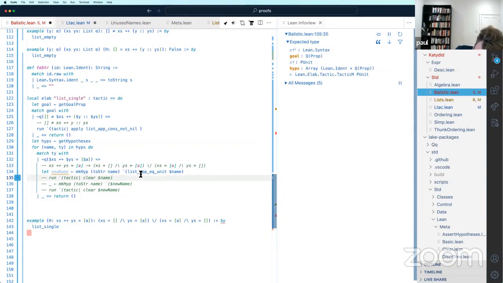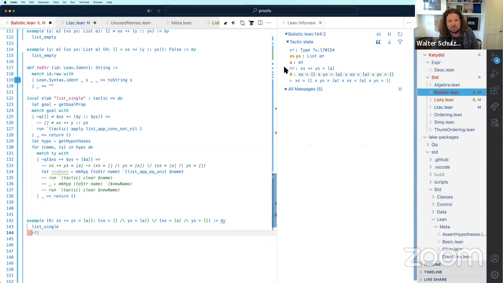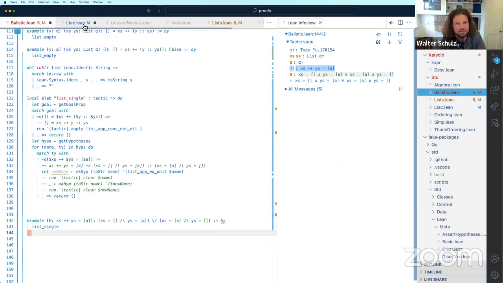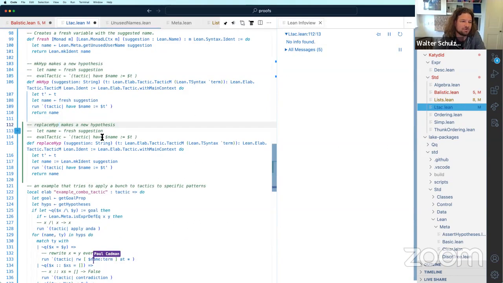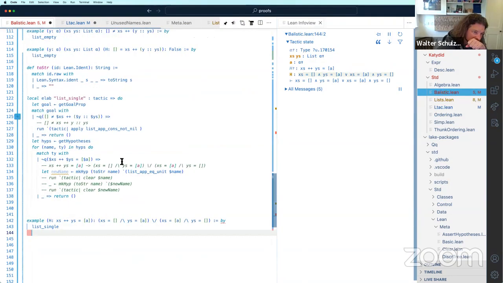I just want to double check that. Yeah, because we still have this old one hanging around. It's not really replace. Wow, we're not really done here. It shadowed it.